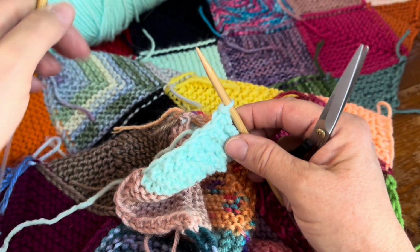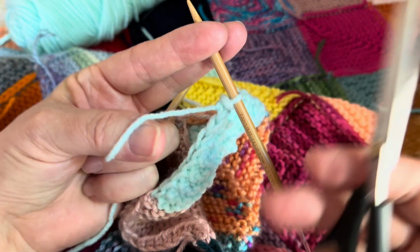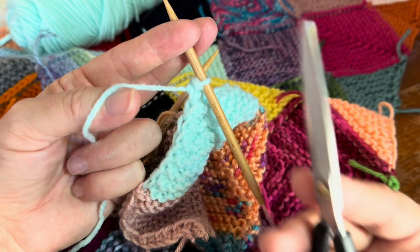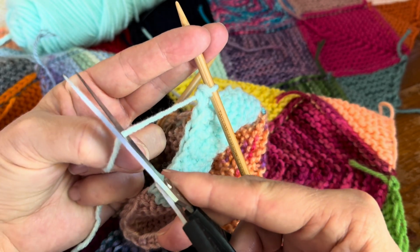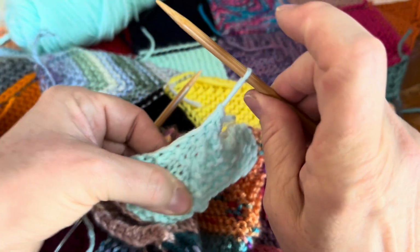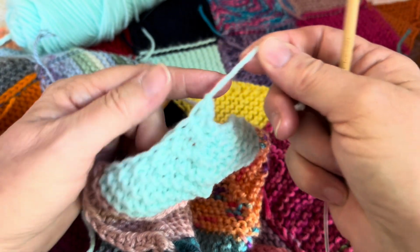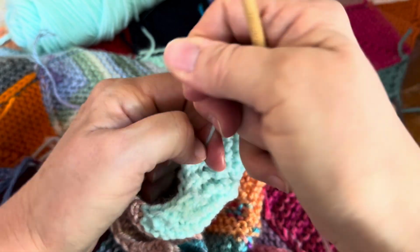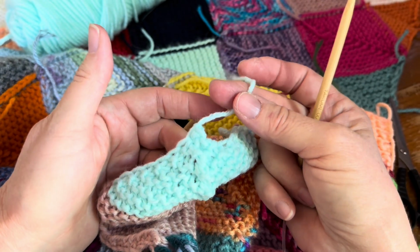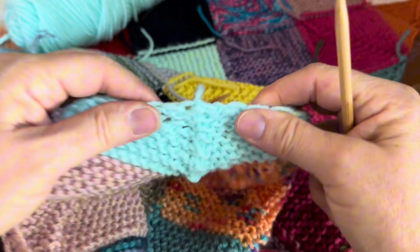Just like that, I'm back. What I do when I finish off my yarn, my knitting, well, the end here, I just snip it and I pull that loop through. And that's not gonna go anywhere. Give it a little snug, give it a little tug. It looks like a point, but if you kind of stretch it out